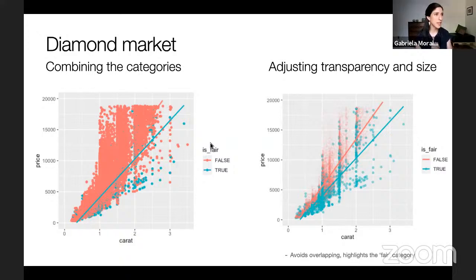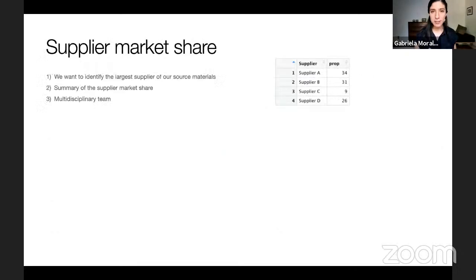Okay, so that's it with this example. We're gonna move on to the next example. And I like this one, it's a bit tricky, and it's again a spoiler here. We are gonna analyze the supplier market share. So we want to identify the largest supplier of our source materials